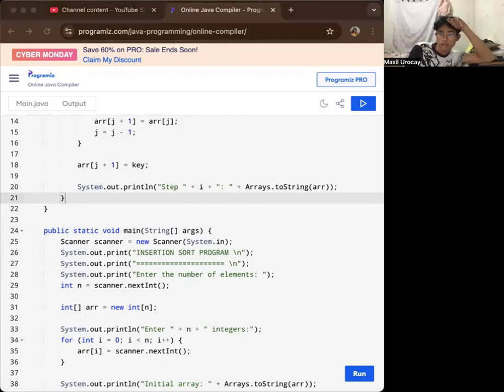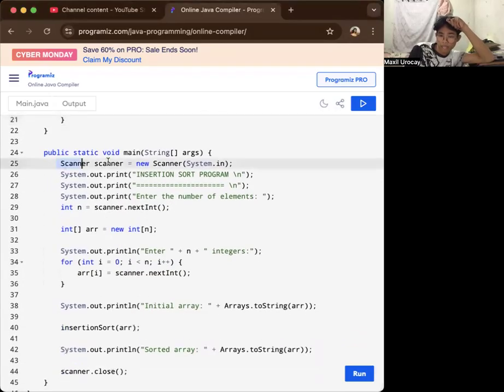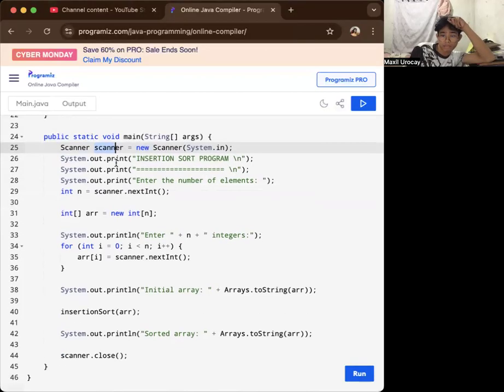Now, here, I identified in our main function the Scanner, since we will use a scanner object. Since the scanner will request, or ma-ask tayo to insert something later on.